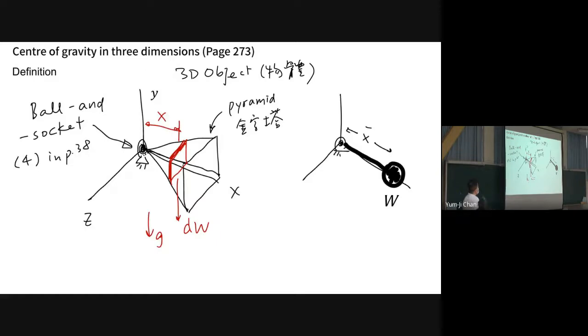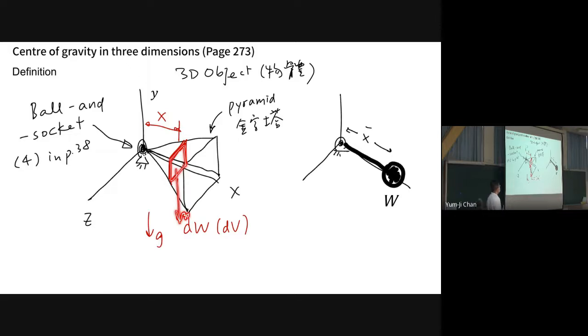Now we are doing the same thing, and if we work it out by integration, we determine the volume. We want to determine the volume dV here, and then it means we have a dW here,